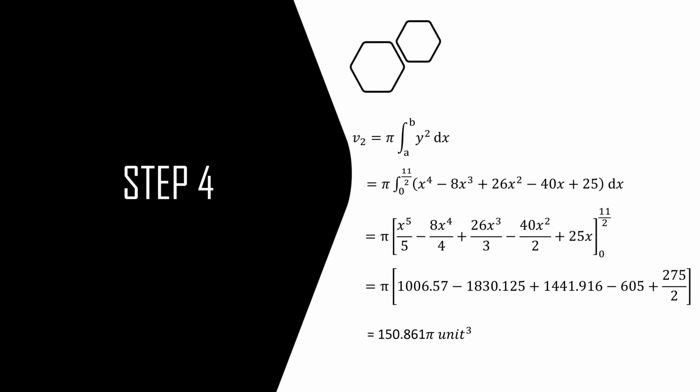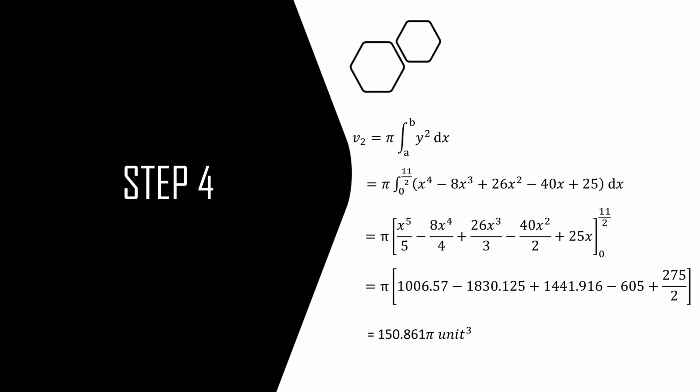So pi bracket x to the power of 5 over 5 minus 8x to the power of 4 over 4 plus 26x cubed over 3 minus 40x square over 2 plus 25x, closed by upper limit 11 over 2 and lower limit 0. So now we'll place it into the equation and we'll obtain pi bracket